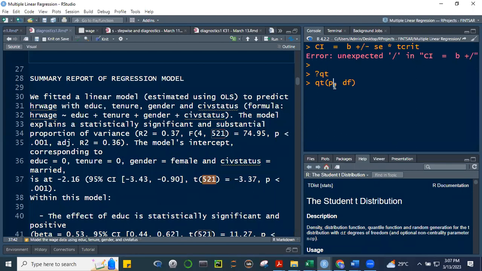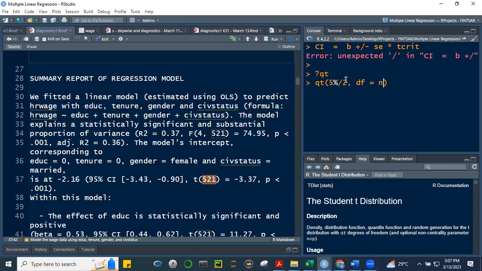However, this is a two-tailed test, which means we're looking at it from the negative side, the left side of your T distribution, and your right side. So our P should be equal to 5% divided by 2, so that's 0.025. Why are we dividing it by 2? Because this is a two-tailed test. We're looking both at the left side and the right side of your T distribution. And your degree of freedom is,